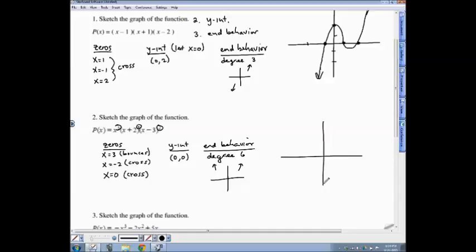So, thinking about a graph, we have an x-intercept of 3, an x-intercept of negative 2, and an x-intercept of 0. And that's also our y-intercept. And end behavior, left side is up, right side is up. So, going from left to right here, trying to connect the pieces, the graph crosses through the x-axis at negative 2,